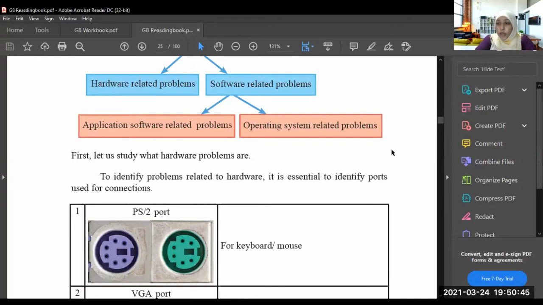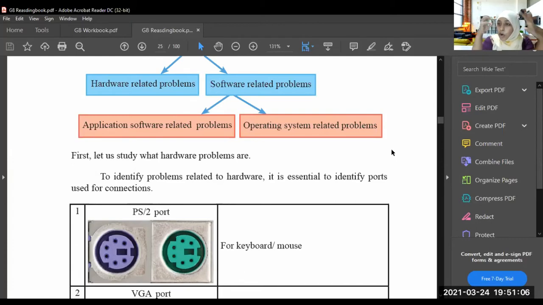What are ports? Ports mean the ports we use to connect the hardware components of the computer. For example, if you want to connect the mouse to the computer, there is a port. If you want to connect the printer to your computer, there is a port, like a plug, like a switch, right?